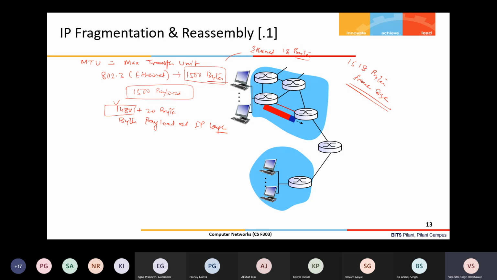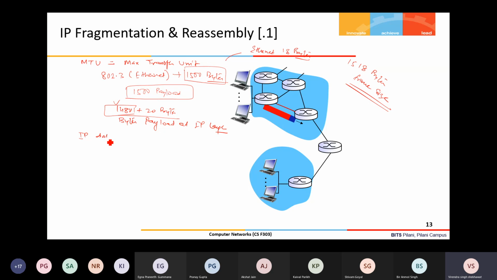The sum of all these becomes the payload at the link layer.